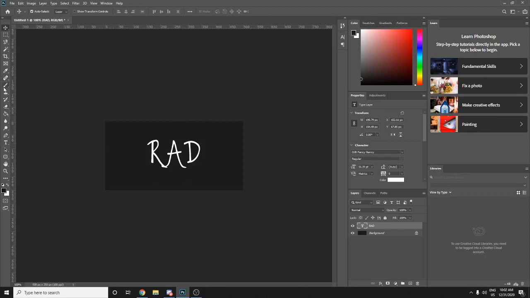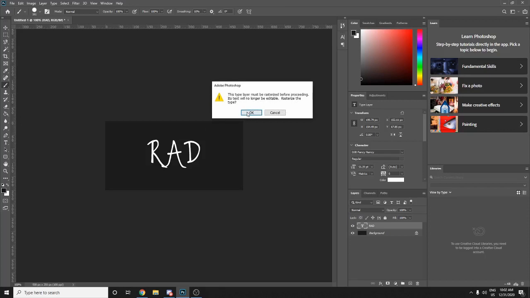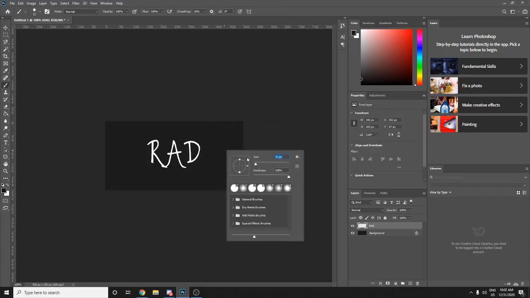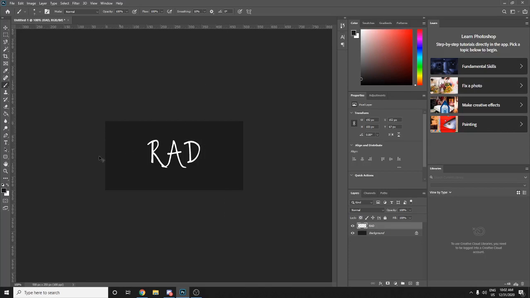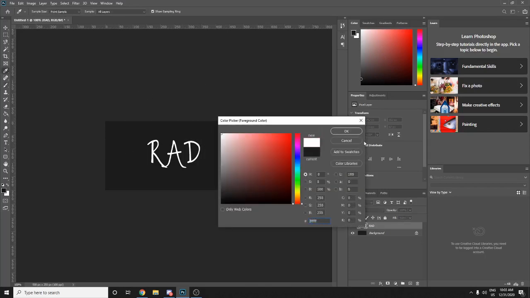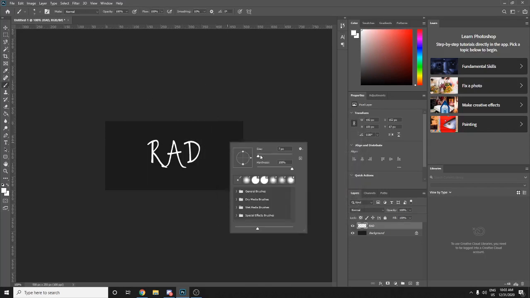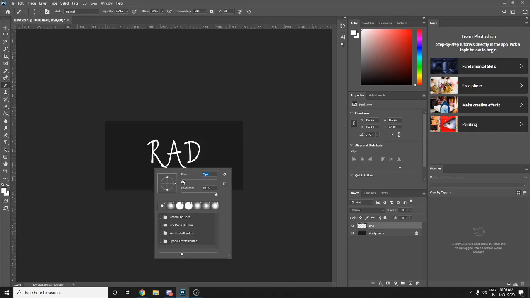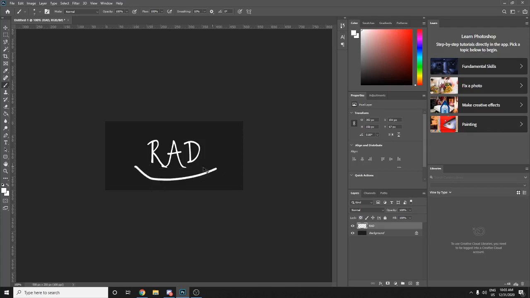So you're going to select the brush tool, click on it, rasterize layer, and then just right click and change the size to something similar to the text, so you can draw over, and change the color of your brush to white, maybe a little bit like this. Okay, now I'm just going to add some cool stuff. For example, maybe do something like this,